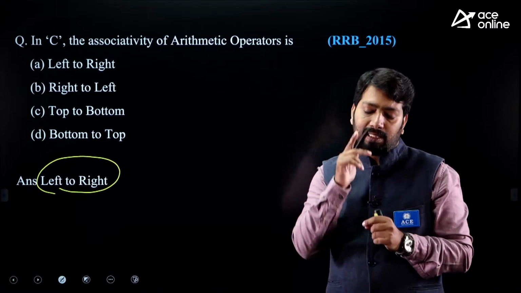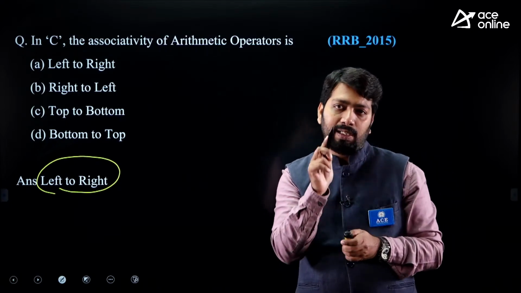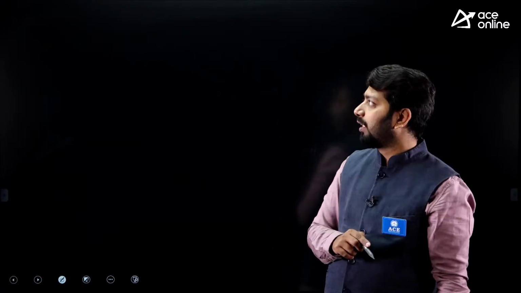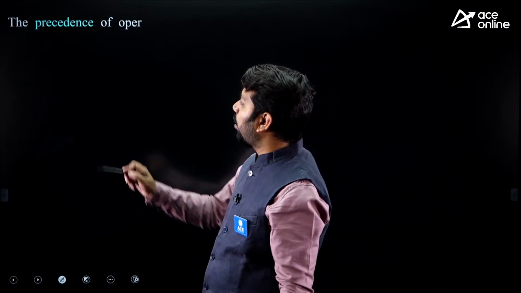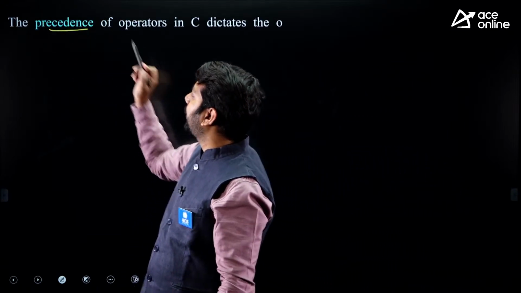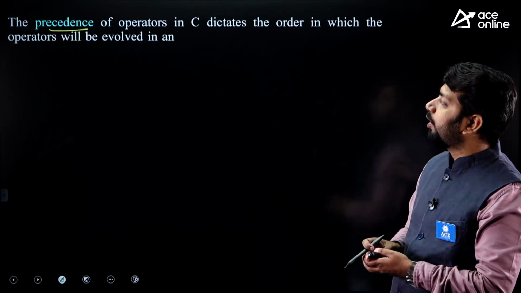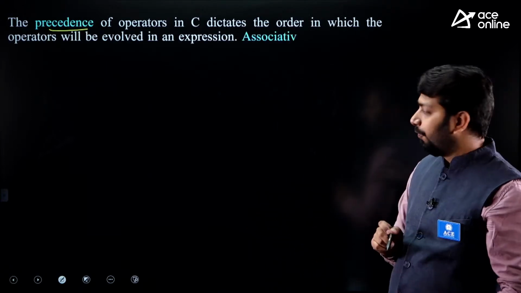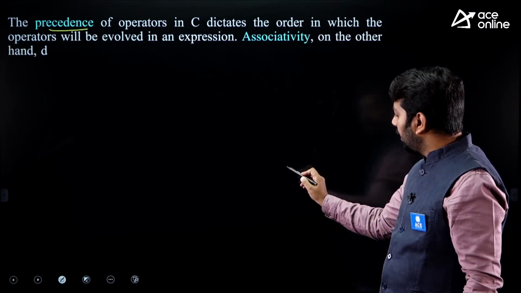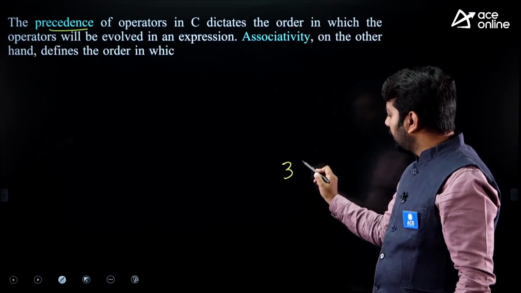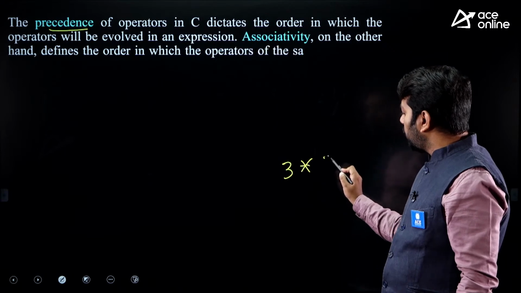Now you might be thinking, sir, you are again using the term priority, but I am not familiar with priority. Okay, let me tell you. Priority or precedence, both are the same thing, of operators in C dictates the order in which operators will be evaluated. For example, if I have to solve